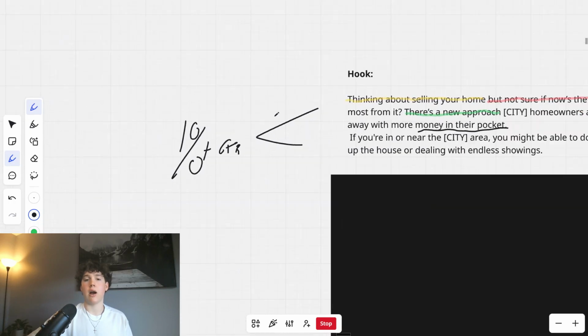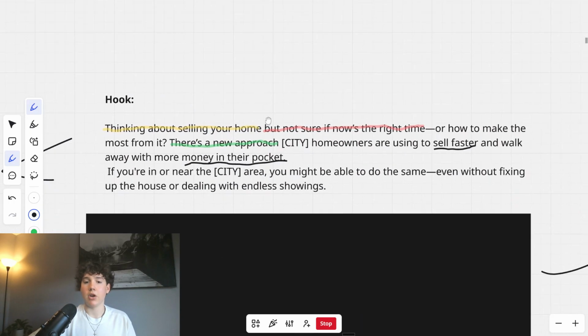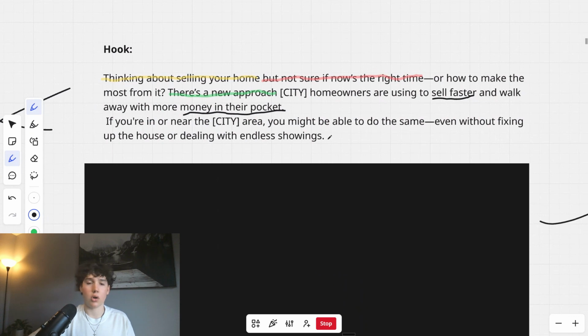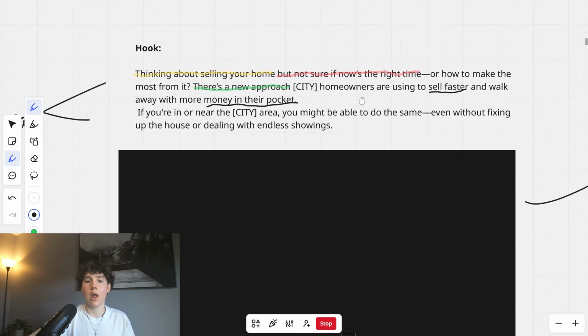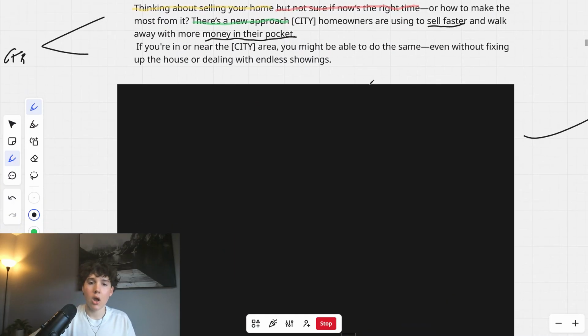1% plus click-through rate or higher, and that's a good benchmark for your click-through rate with your hook. If your hook's doing well, you're going to have at least a 1% click-through rate. So that's the first one right there. I'm going to go into the next hooks that we test later, but now I'm going to go into the